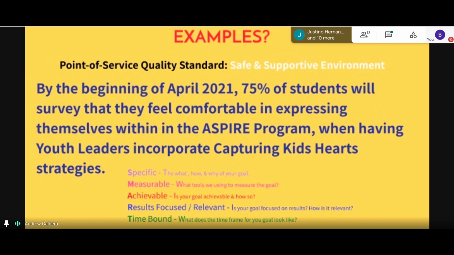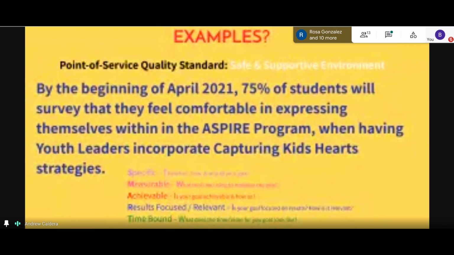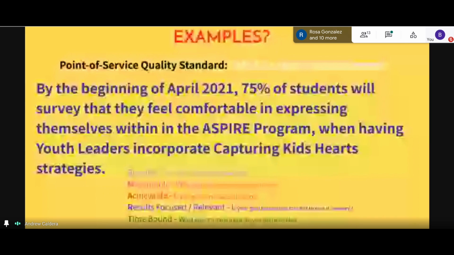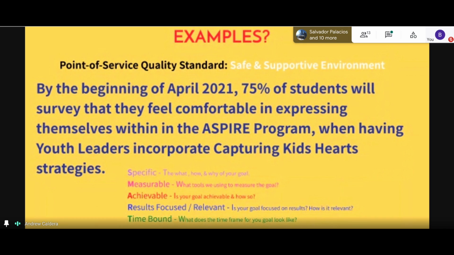So now you want to make it 75% by April. Is this goal focused on results? It is, because we're hoping the result goes up by at least 50% if we're starting at 25 and going to 75. It would probably get more in depth when you turn in the action plan, because usually when we submit it, we submit the action plan.